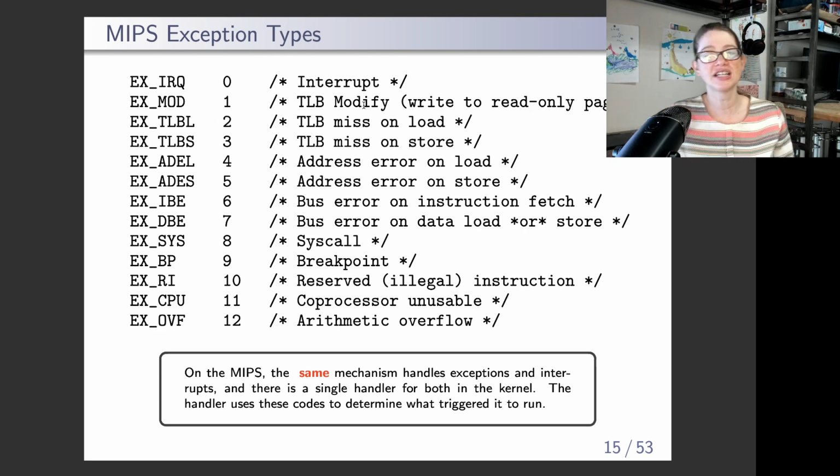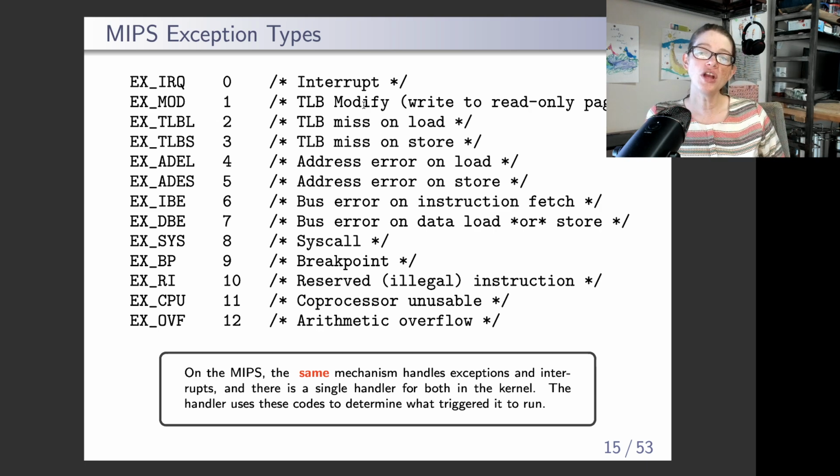So a little bit of architecture-specific details here. First off, on our MIPS CPU, it doesn't differentiate between interrupts and exceptions. So it actually considers everything to be an exception. So an interrupt, that's an exception. If we divide by 0, that's an exception. If you have an arithmetic overflow, that's an exception. You tried to write to null, that's an exception. Tried to write to an invalid address, that's an exception. Everything in MIPS is considered an exception, which makes it kind of convenient